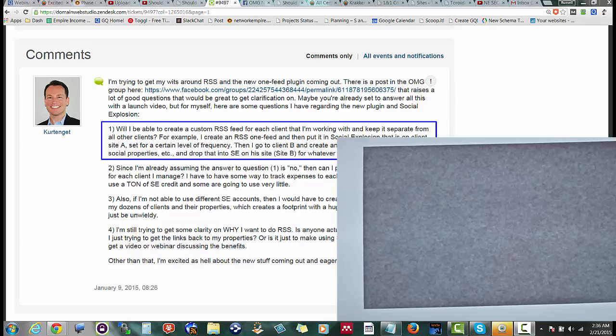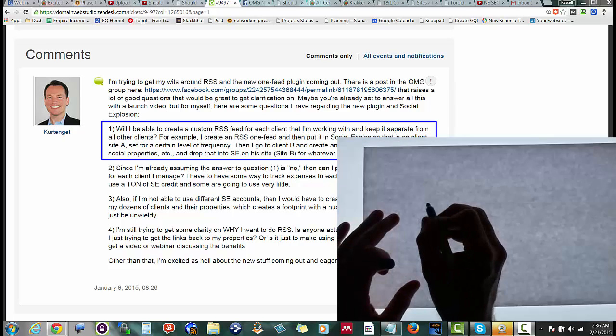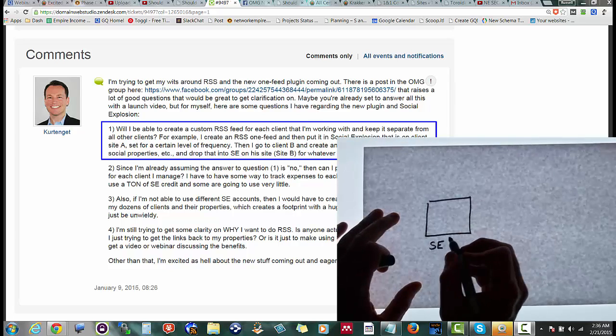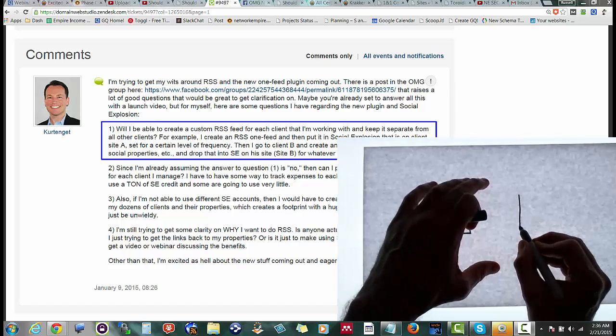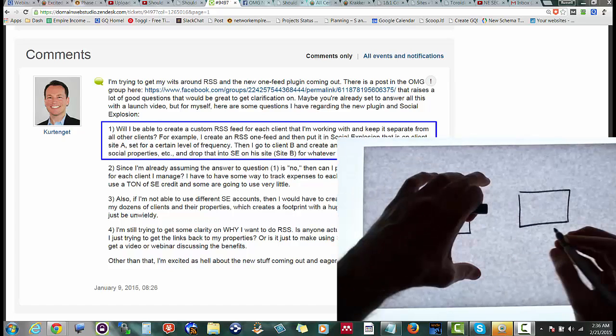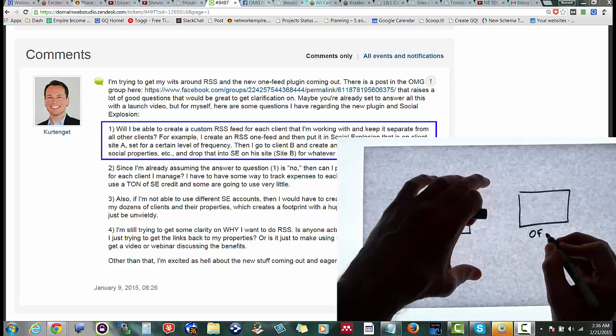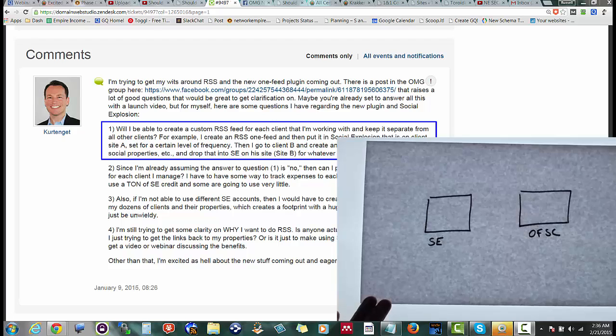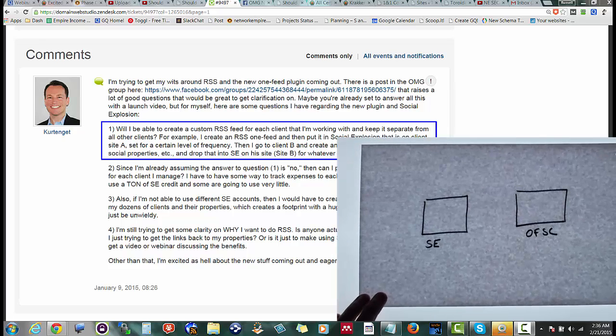Here's the challenge that Kurt has. You have two plugins. One of them is Social Explosion. The other one is One Feed Supercharger. Okay? The One Feed Supercharger is fairly simple. It is designed not to replace Yahoo Pipes in terms of domain authority, but it's designed to put your XML